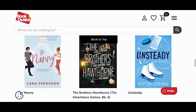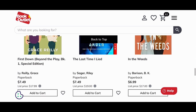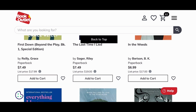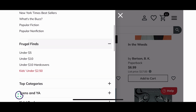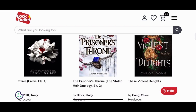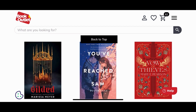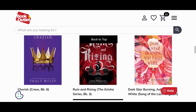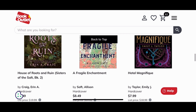Amazing finds. But if you just look at these prices, they're incredible. And I'm going to show you what I have in my cart right now in a second. And the good news is that you can shop over a week and it'll keep everything in your cart. It doesn't disappear if you don't purchase right away. But I'm looking for hardbacks now. These are hardbacks in the $10 range. I think all of them, $8.99, $9.99. These are fantasy primarily. So I'm going to see if I can maybe add one to my